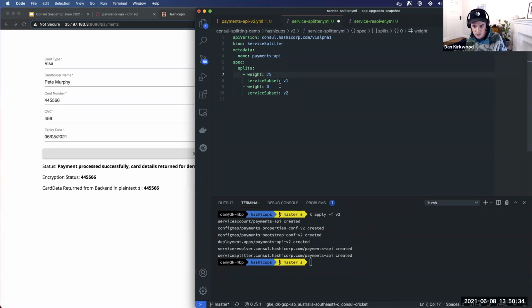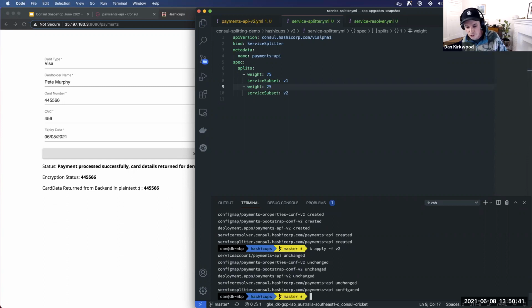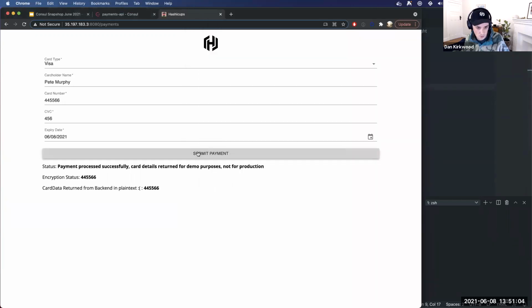So we're going to do a 75-25 split. I can apply the same change. I am using custom resource definitions with Kubernetes here. So, thinking about how this might play a part within your automated CI/CD pipeline, it's really easy for me to deploy these changes to the Consul configuration because I can do it all through the Kube API. Now that I've sent that change through, we should now see some of our requests